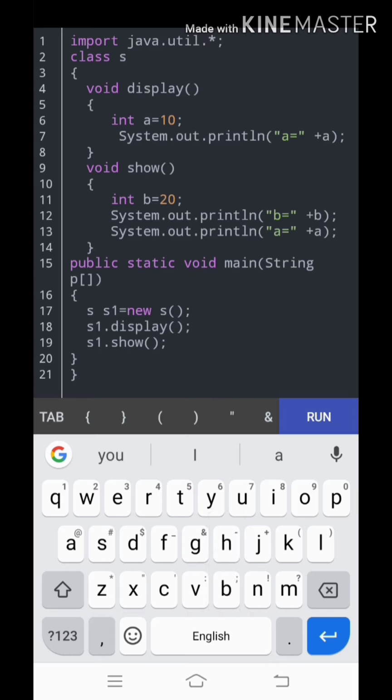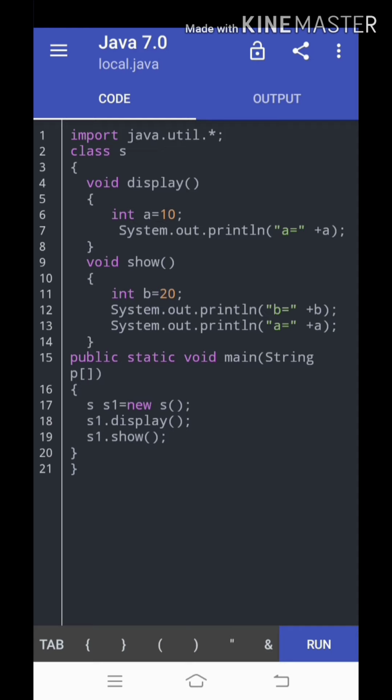As we are dealing with local variable declaration, it was declared in the display function, but now we are going to call that a value in the show function. Let's see what error we will get.